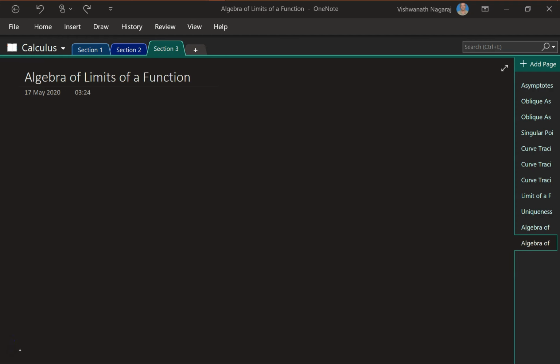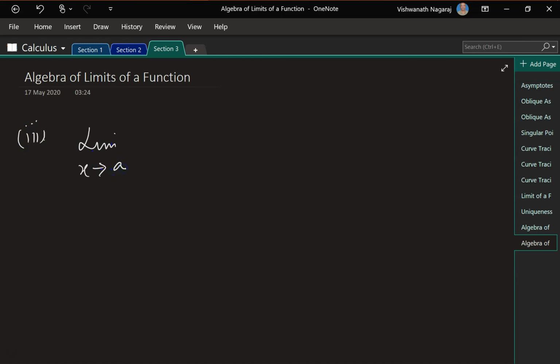In our previous session, we looked at addition and subtraction. So let's look at multiplication and division. The limit as x approaches a of f of x times g of x is equal to L times m. So again, let's